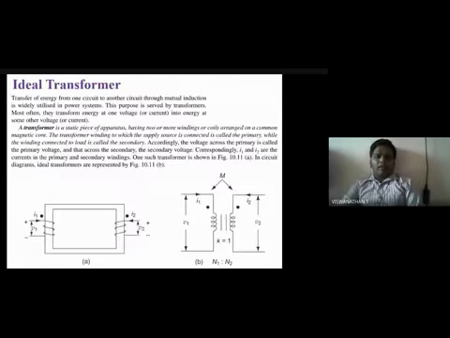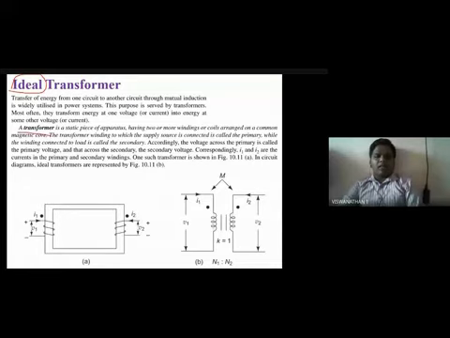For this, we are taking the basic coupled circuit. The basic couple we all know is the transformer. Here we are taking an ideal transformer. Ideal means there is no loss. Practically there is no ideal transformer, but for understanding these concepts, we are taking the ideal transformer.